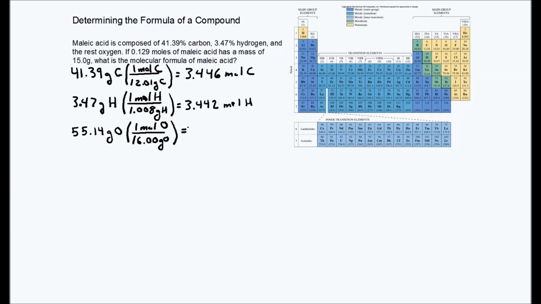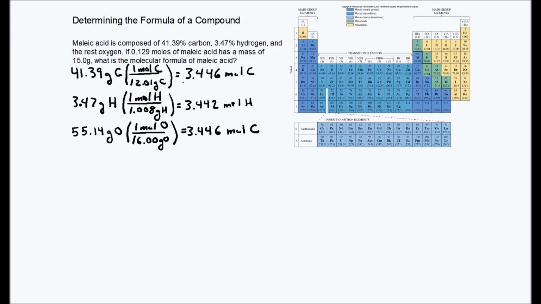And 55.14 divided by 16.00 gives me 3.446 moles of oxygen. Now, again, we find the smallest number of moles, and that is the hydrogen, 3.442, so